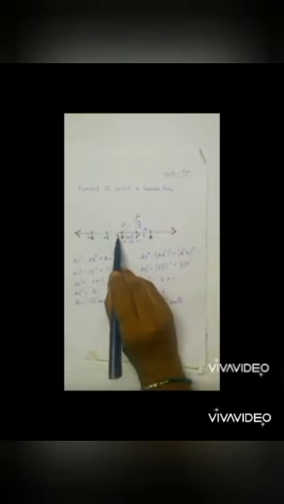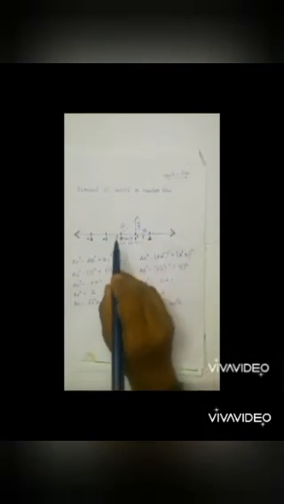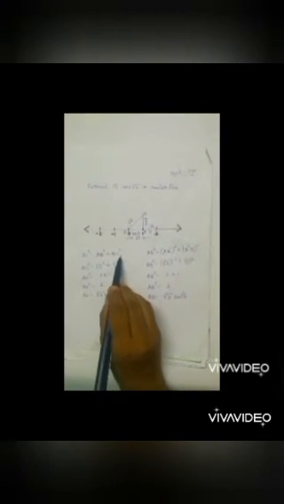Now, name the points as A, B and C. AB is equal to 1 unit, BC is equal to 1 unit. Now, join AC. Now, using Pythagoras, we have to find out the value of AC. AC square, hypotenuse square is equal to base square plus perpendicular square, AB square plus BC square. AC square is equal to 1 square plus 1 square, which is 1 plus 1. AC square is equal to 2. AC is equal to root 2 units.